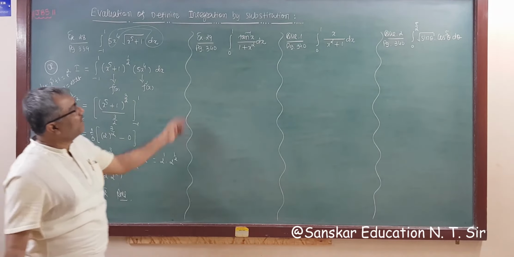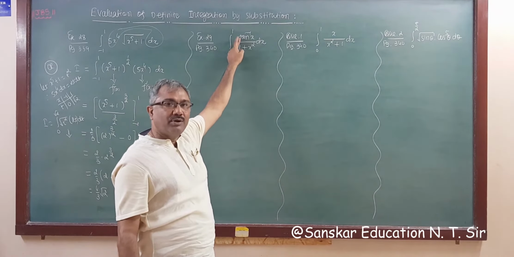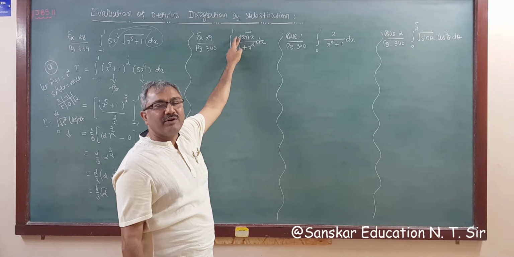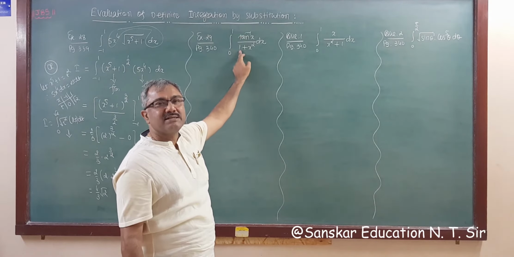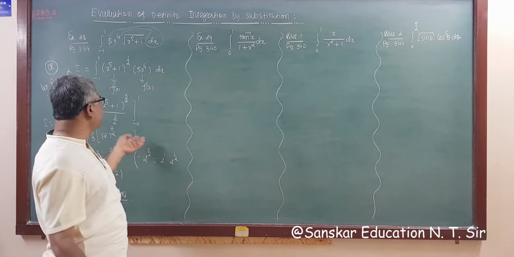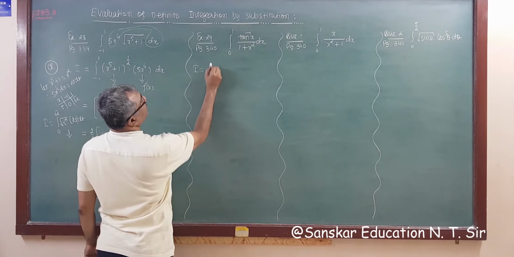Okay? So again, see tan inverse x. Tan inverse is something new. If we assume for tan inverse x, then what is the derivative of tan inverse x? 1 upon 1 plus x square. This is here. So again the same formula, f(x) into f'(x). No need to assume, write it down directly. So this I will be from 0 to 1.